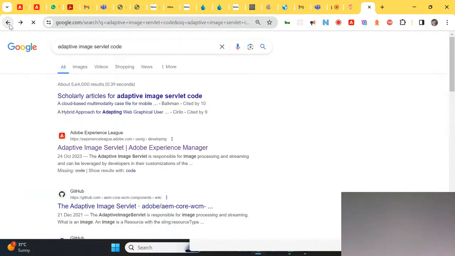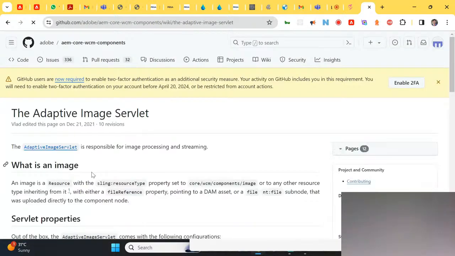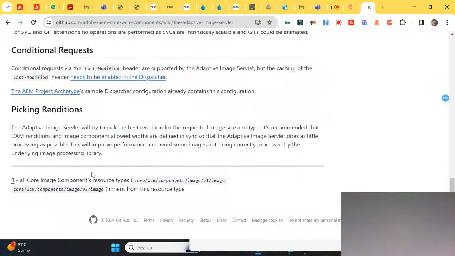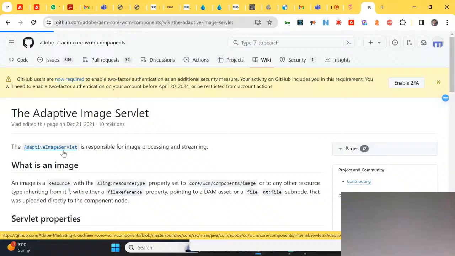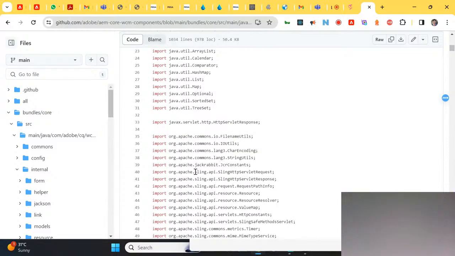So whenever we want to create a custom servlet, custom rendition, we extend this image servlet, and then we will provide the custom implementation. Yeah. So this is the adaptive image servlet.